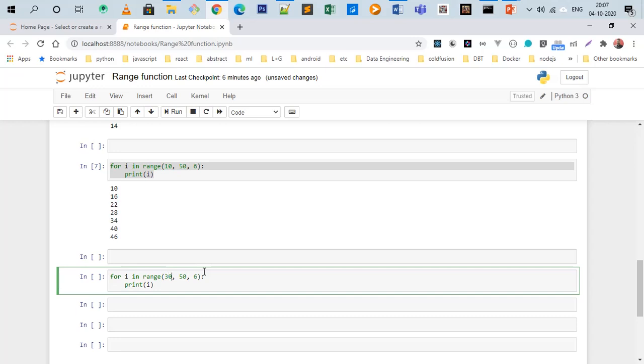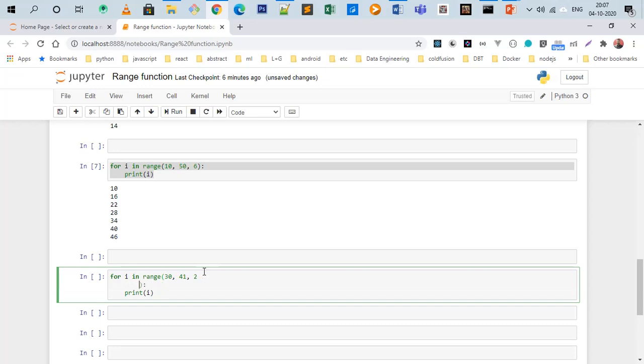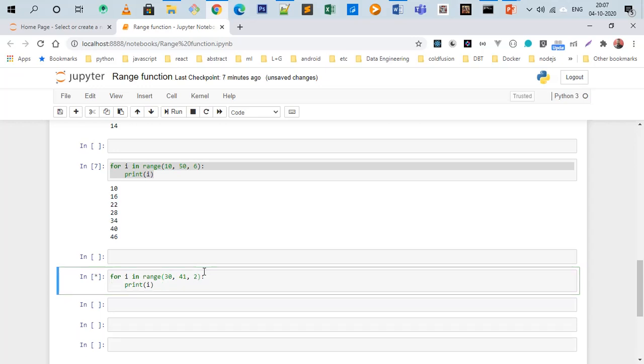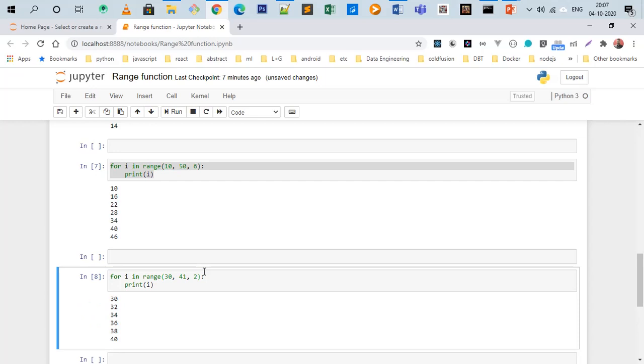So we'll start from 30 and go to 41 and increment by 2. Let's see the result. So it is printing all the even numbers between 30 and 40, including 30 and 40. Obviously we can exclude them if we want. It's a very good example.